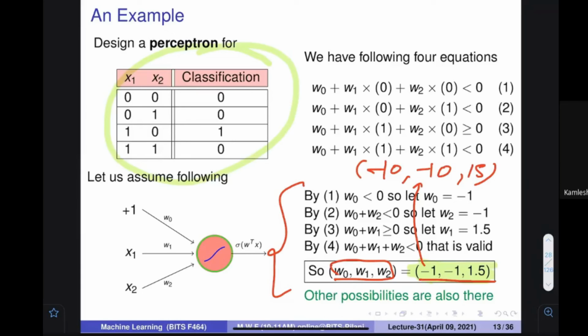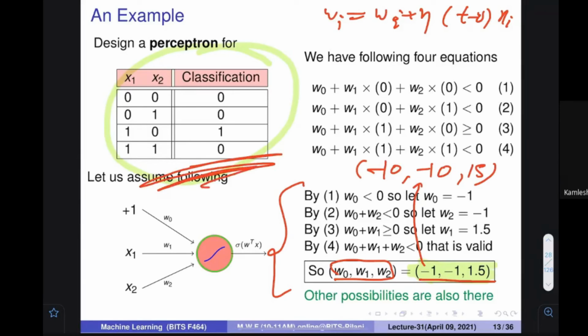So one way, a few minutes back, we have seen using w = w0 + eta times (target minus output) into xi. We have seen that one such method was this. And here we have seen another method, that you can directly use the mathematical equation to find this. But many times this method is not used because the number of training examples is very large, and then we cannot deploy this kind of thing because sometimes we may get into inconsistent states.